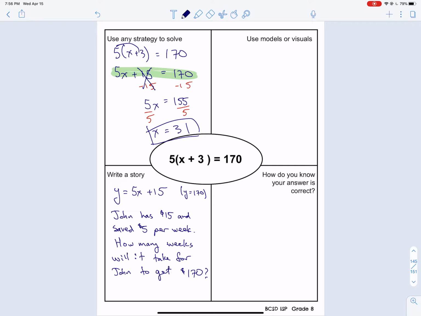So that's what we did. We found the solution. So we create a story that has the same solution. Okay, it doesn't have to be based on this format right here. I mean, you could come up with something like this. It's 5 times this, so you can have a rectangle and one dimension is 5, the other dimension is x plus 3, and the area is 170, so what is the length of the one side? Something like that. Okay, but don't overthink it. Just use information that you already have, change the numbers, and this is fine. Okay, so that's all for